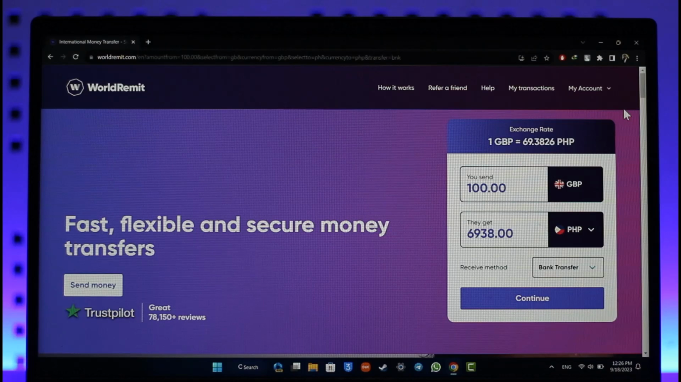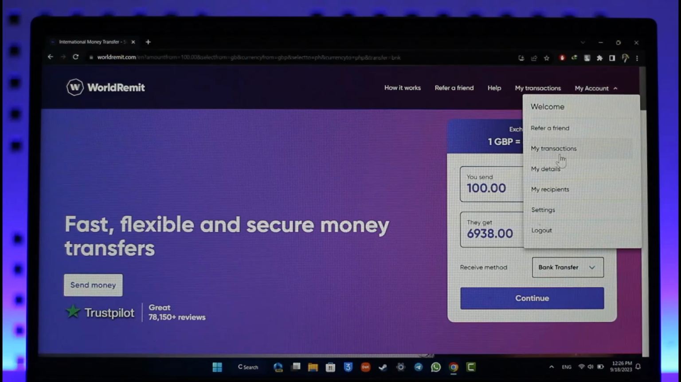It's very simple. All you have to do is just make sure to click the My Account option here and go to the My Transactions tab, as you can find it. Once you come to the My Transactions tab, you should be able to see a list of all the transactions